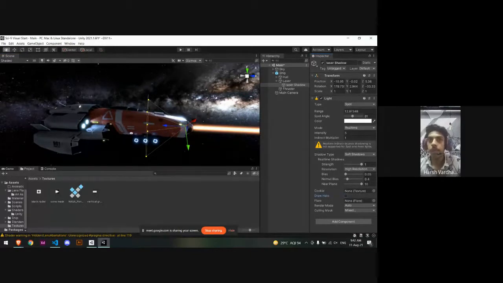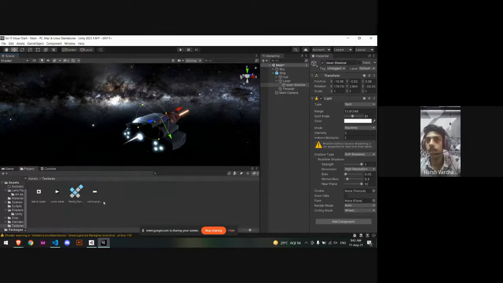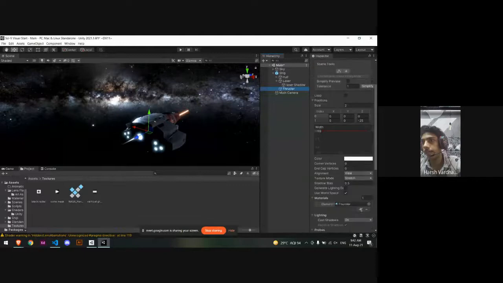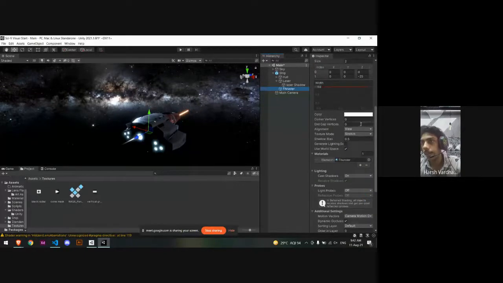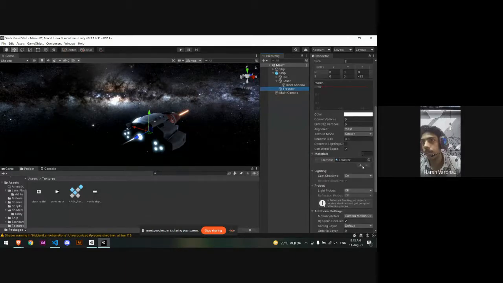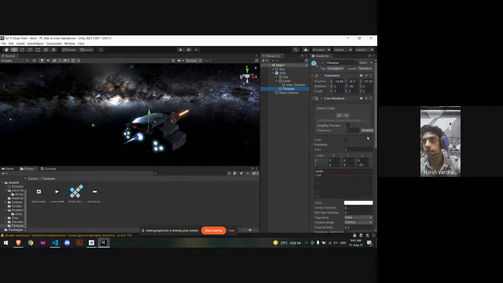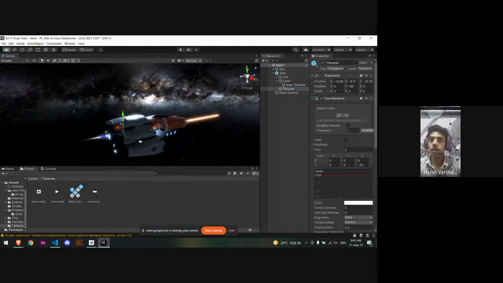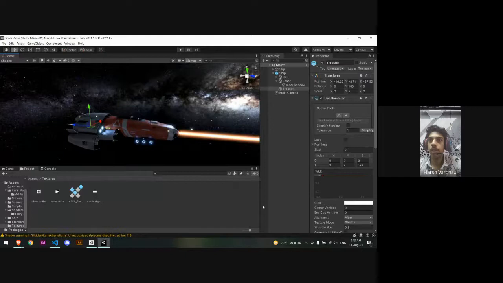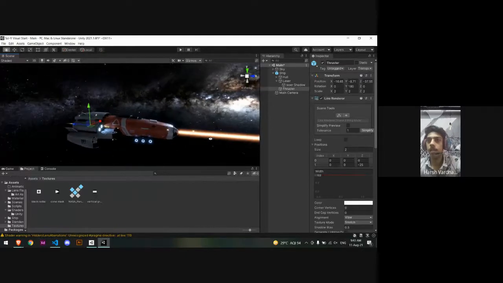But apart from that, let's try to make the thruster much more effective if we can. Let's see if we can add more vertices into this. Awesome. So it sounds interesting right now. So let's try to do something with scripting. Let's see if we can blink this laser, and